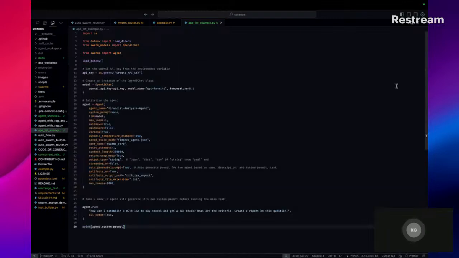But yeah, so that's all you have to do in Swarms. It's in the agent class here, and then you just turn it on, say this is true, and then you don't have to worry about building your own prompts, which would take a lot of time, energy, and other resources that you probably don't want to be wasting.